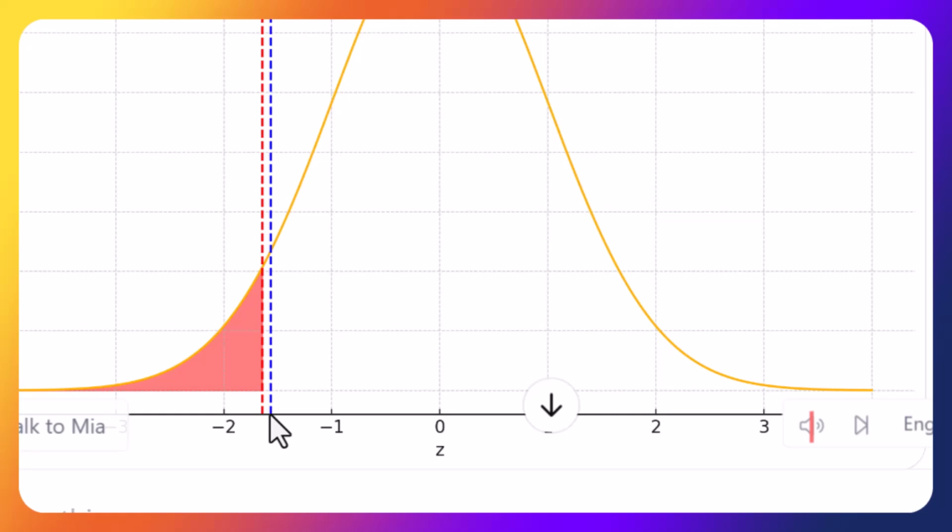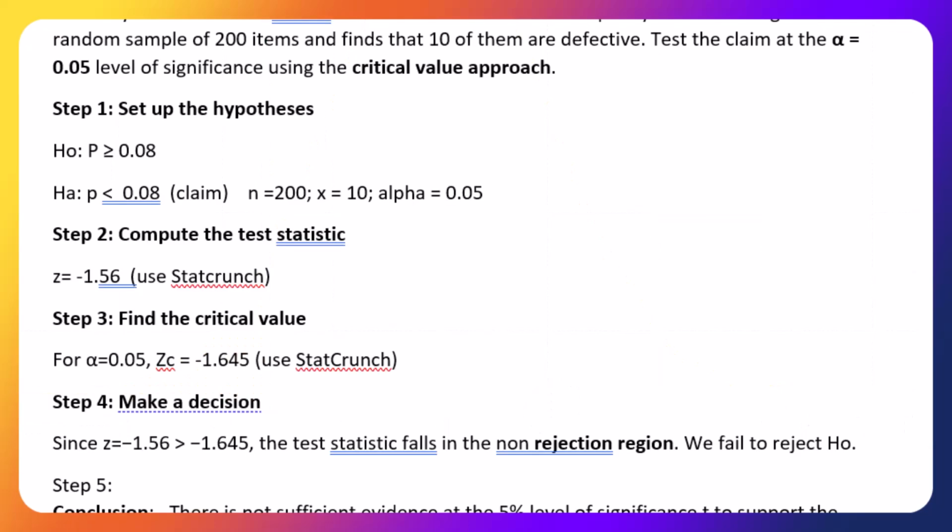So if you have a left tail test, if the test statistic is below the critical value, you reject H0. And if it is above the critical value, you fail to reject H0. And you notice that negative 1.56 is bigger than negative 1.645. That's why you fail to reject H0. So Z is negative 1.56. Using StatCrunch, when alpha is 0.05, the critical number is negative 1.645. And since the test statistic is bigger than the critical number, we fail to reject the null